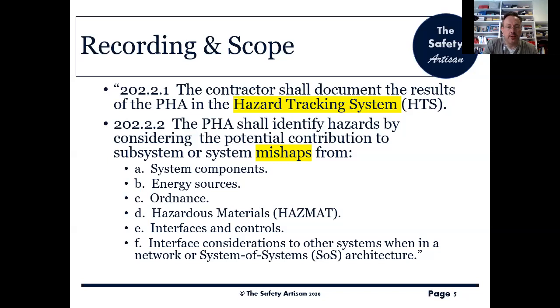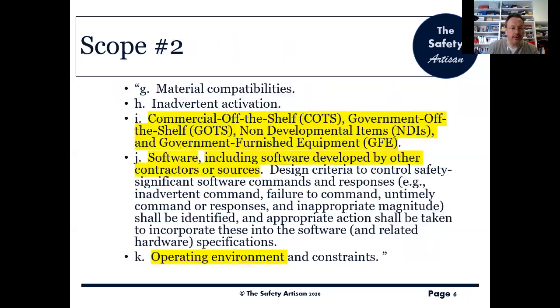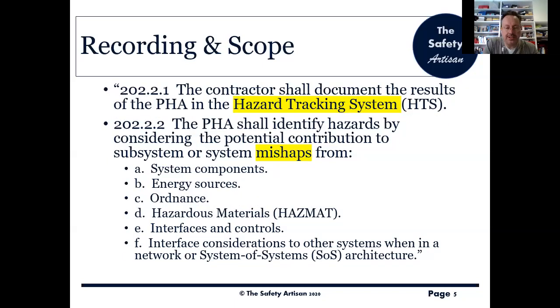Okay, scope. Big section this. In fact, let me just check. Yes, we've got three slides on scope, so this does go on and on a bit. So the scope of the PHA is to consider potential contribution from a lot of different areas. So we might be considering the whole system or a subsystem, depending on how complex the thing is we're dealing with. And we're going to consider mishaps, so, you know, accidents and incidents, near misses, whatever might occur